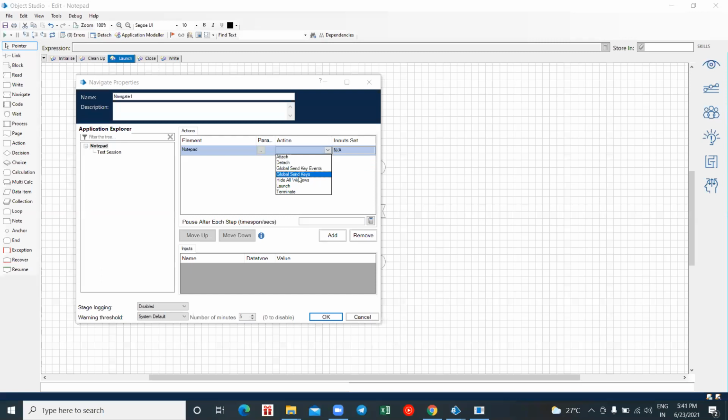Global send keys, like again, I have global send events, hide all windows, launch, terminate. What happens is this actions drop down changes on the basis of this elements section. If we drag this text section, these elements change. As I'm dragging a path value, or a main window, I'm getting actions called attach, detach, and launch, terminate